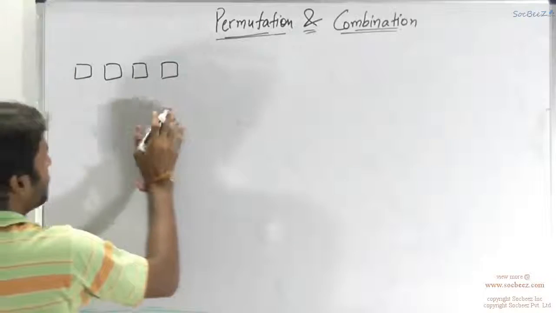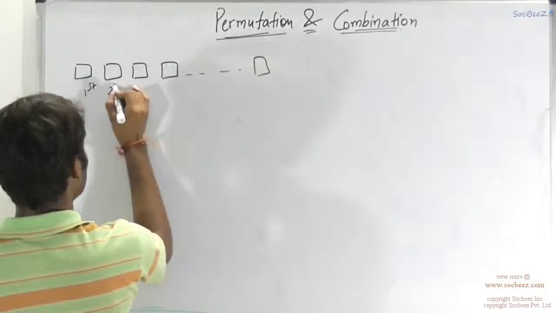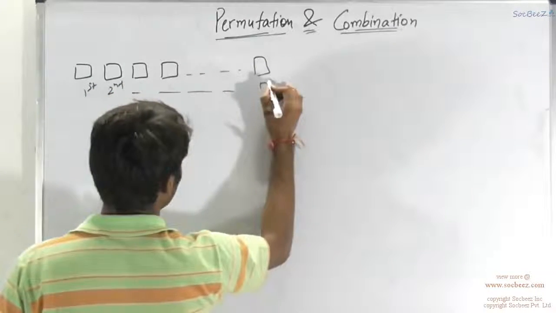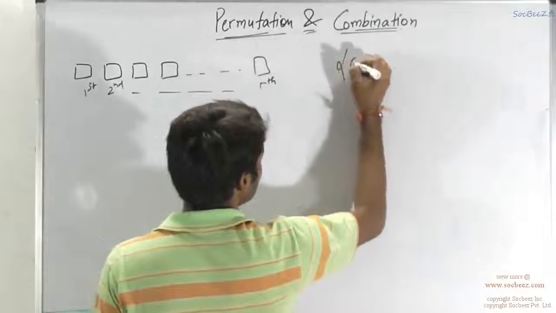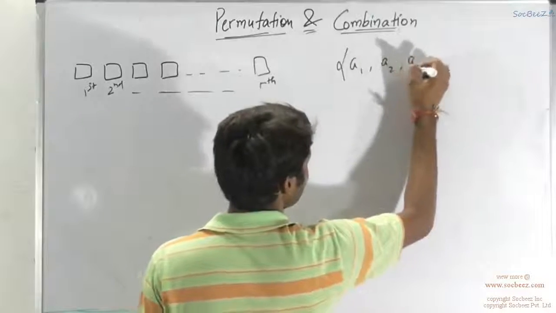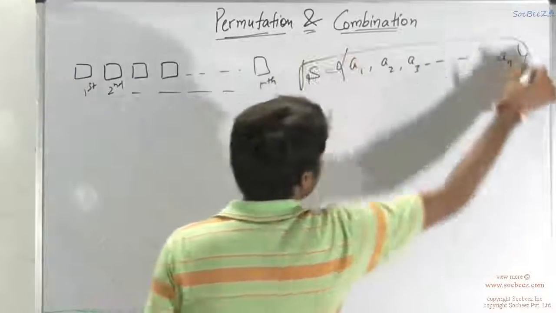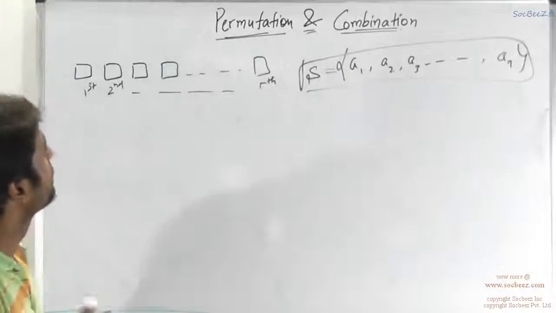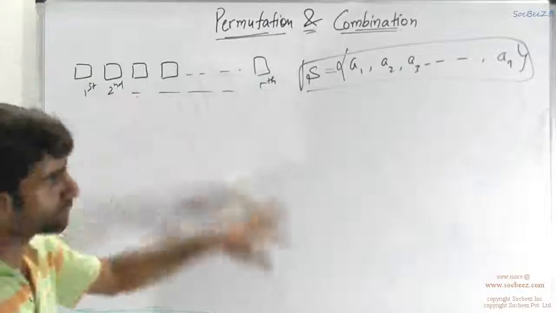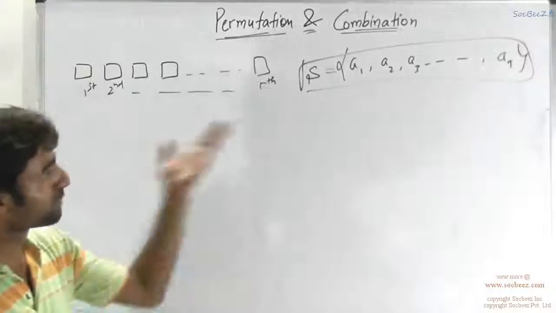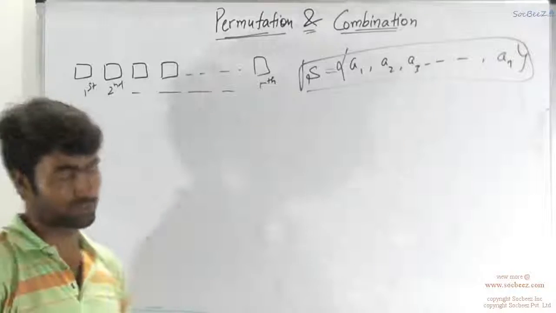I will shorten this question a bit. So this is the first position, second position. So these are the R positions. So you have to choose just R numbers from the given set, that is A1, A2, A3 till AN. So this was the given set from which you have to choose these R position numbers. So you have to arrange only R of them in a row. Out of those n numbers, you can choose any of the R numbers and you have to form their permutations.